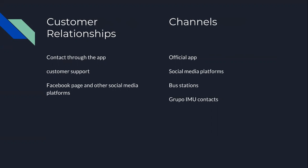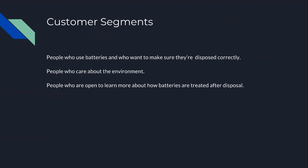The channels are the official app, the social media platforms such as Facebook, the bus stations where some stations are going to be, and the contacts from Grupo IMO. The customer segment is people who want to make sure their batteries are disposed correctly, people who care about the environment, and people who want to learn more about where the batteries are taken and how they are treated after